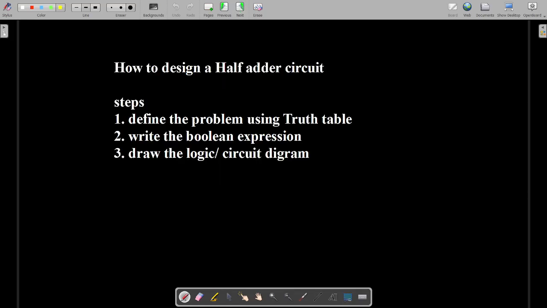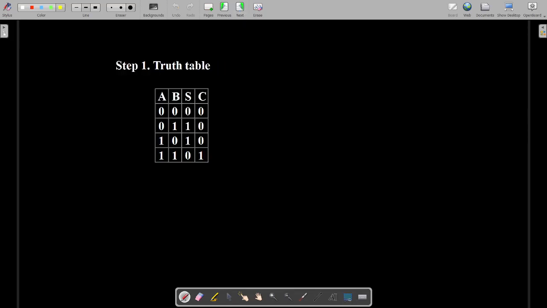So we'll proceed with this. For that we have to design the half adder. The steps to design this half adder circuit are to define the problem first, and then we have to write the Boolean expression from the truth table, and then we have to draw the logic or circuit diagram. Okay, so we have to follow these steps. We'll do them one by one. So first we have to